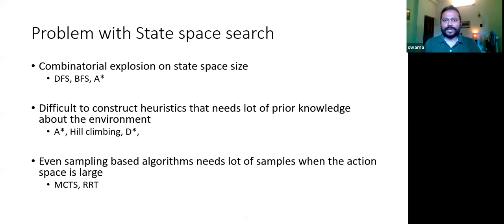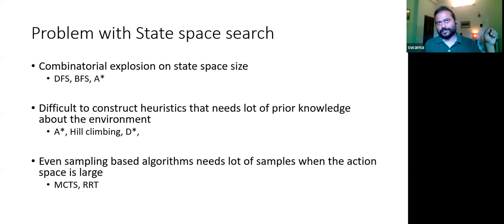Some of the old algorithms for doing state space search are depth first search, breadth first search, and A star search. Depth first search represents the search space as a tree, and it's going to search towards one specific line, going to the full depth before reaching the end state, and then it's going to go and search the next line. If the state space is high, it's going to keep digging through the depth, and it's going to take a lot of time.